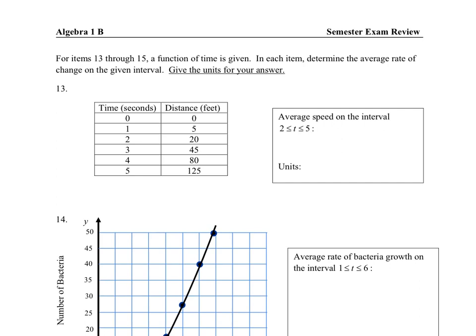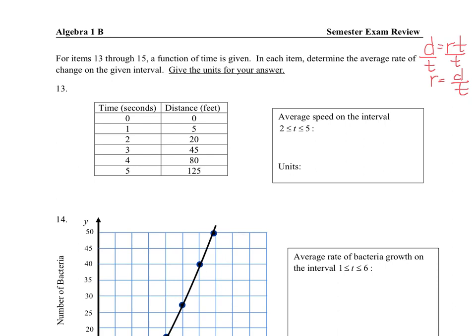If you think about it, D equals RT is going to be our distance equals rate times time. We want to solve for R, the rate, so we divide both sides by T, and R is going to be equal to D over T. But we want this over an interval of time. So we need to incorporate that by finding the difference between our two different times in our interval